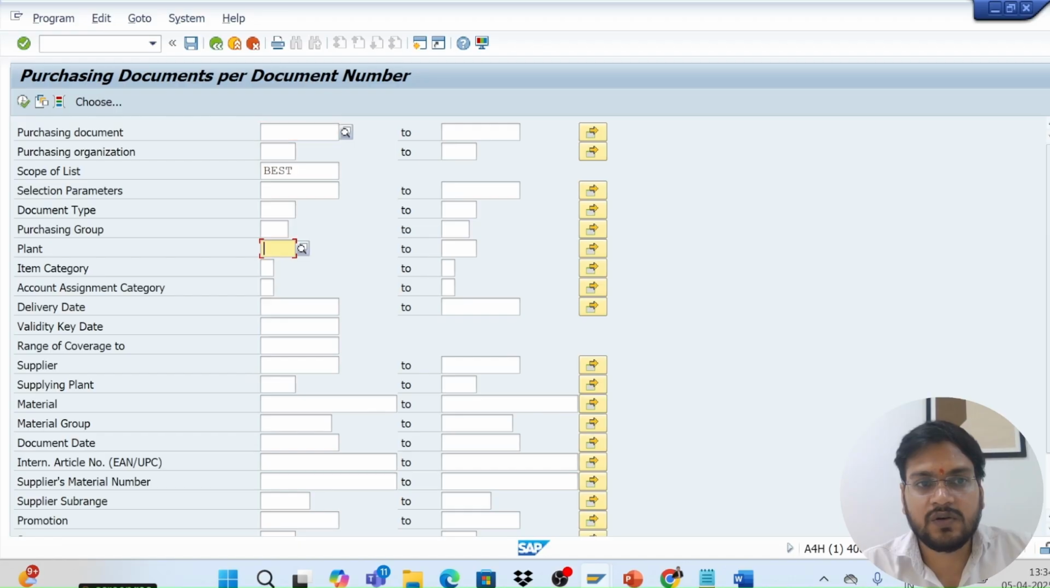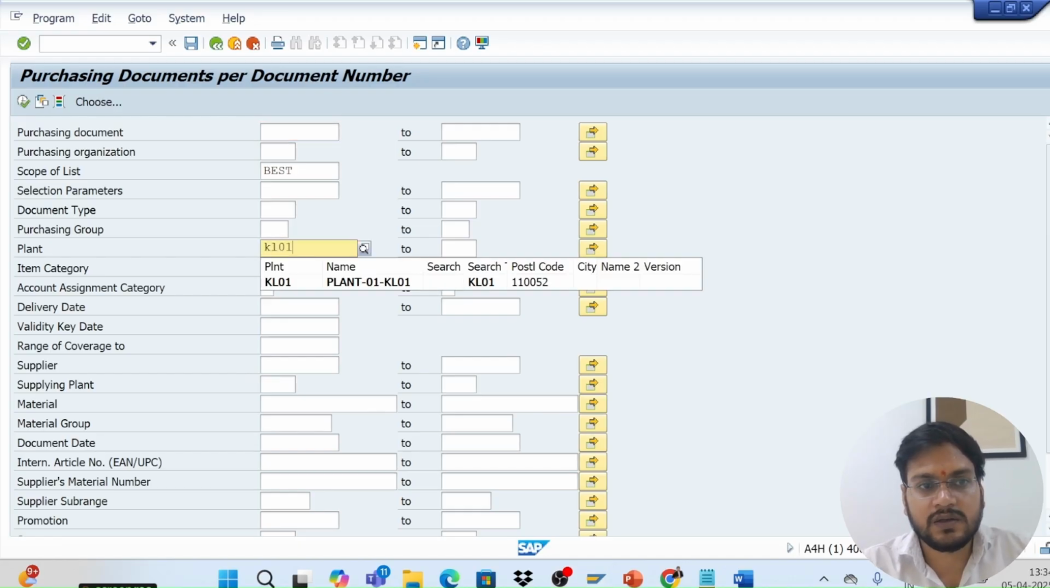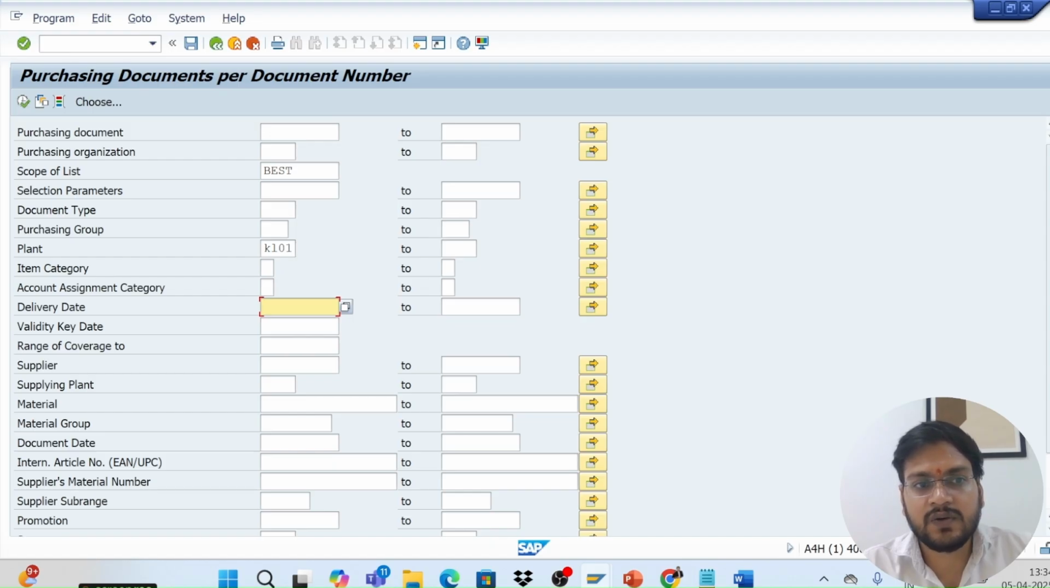If I want to see only for this plant KL01, or if I'm just giving a delivery date, on this delivery date how many POs are there, each and everything we can maintain. Like as per supplier, if we want to give, we can give. As per supplying plant, from this plant is going to be supplied, that we can also give. Okay, so as end user we will not go in a detail, but